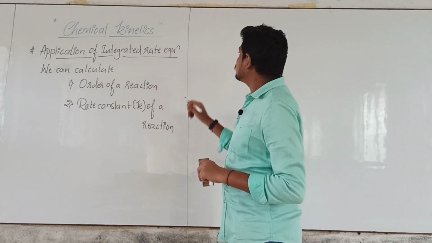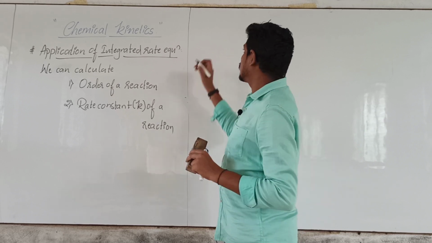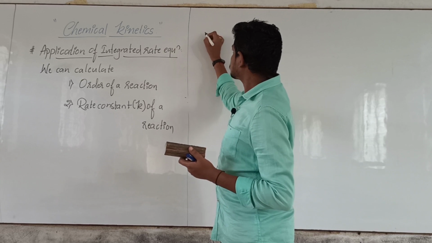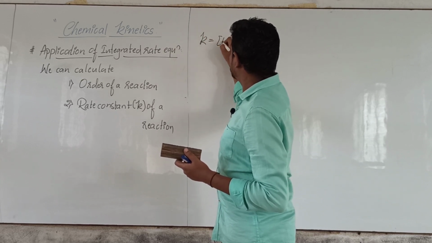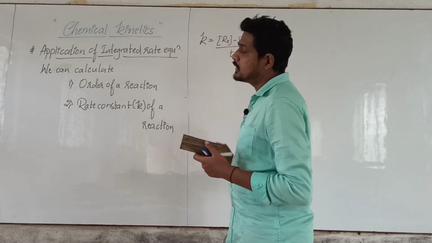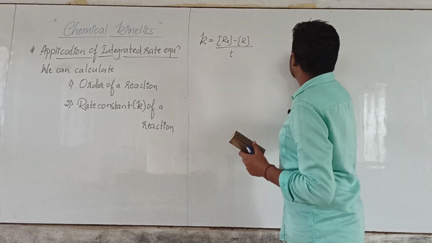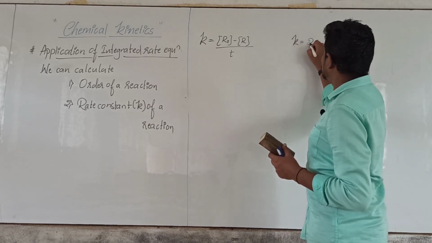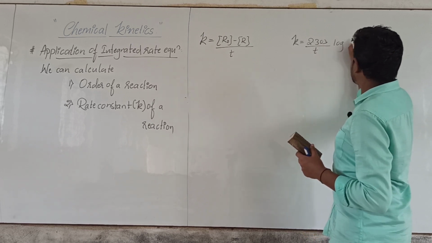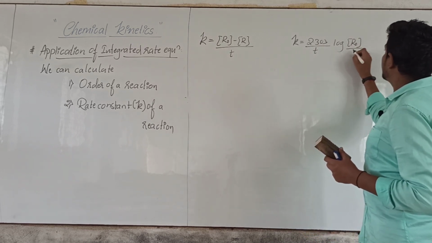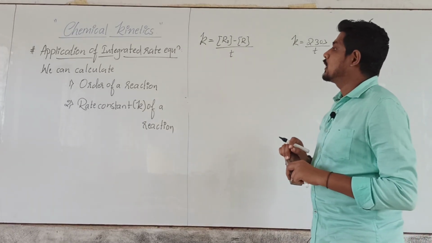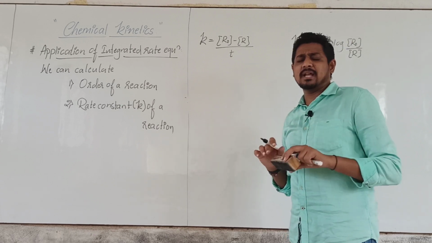Okay, now we know various rate equations. Earlier I have written for 0 order reaction, what we can write, K is equal to R naught minus R divided by T. Okay, then for first order what we can write, K is equal to 2.303 divided by T log of R naught divided by R. Okay, these 2 equations we know. Okay, then what we have to do, say take one example. They will be giving